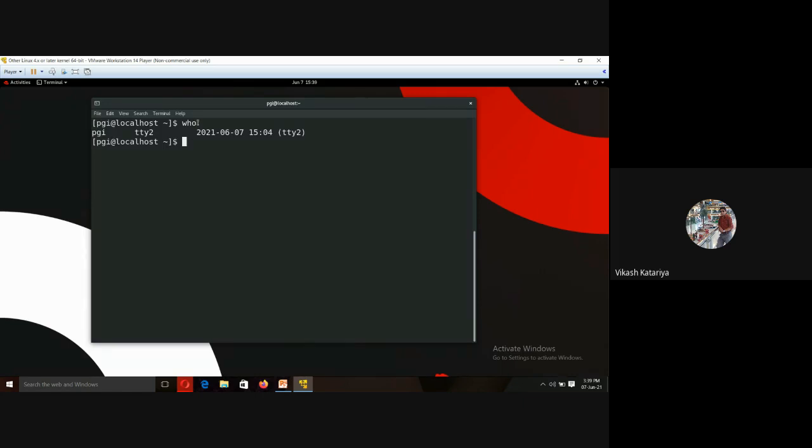So here, let's discuss the details of the who command. First is PGI, that is the user account which is currently logged in. TTY2 is the name of the terminal. TTY is the terminal name and 2 is the number of the terminal, which is generated by the kernel and provided to the terminal.